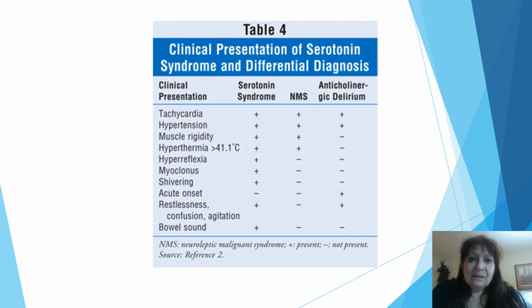And this chart is to highlight the differences between serotonin syndrome and neuroleptic malignant syndrome. Serotonin syndrome is more likely to have hyperreflexia and myoclonus and shivering, restlessness and agitation,